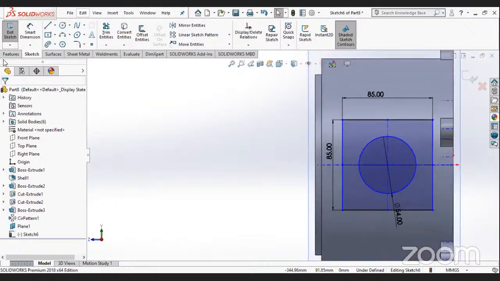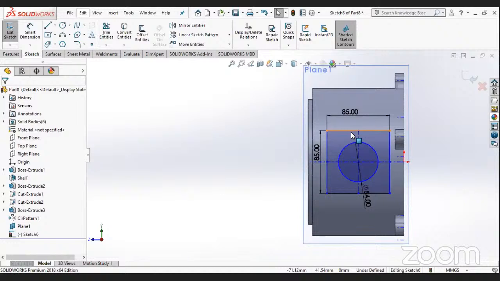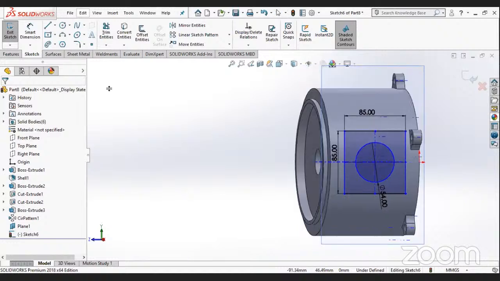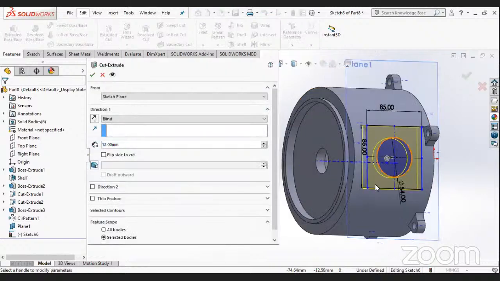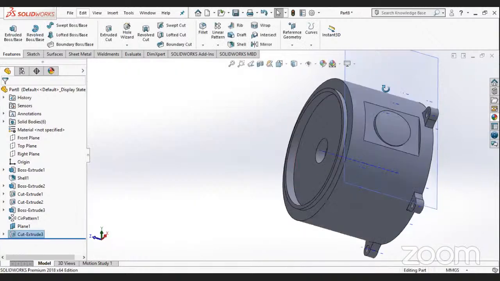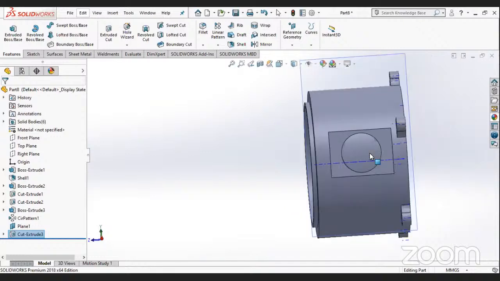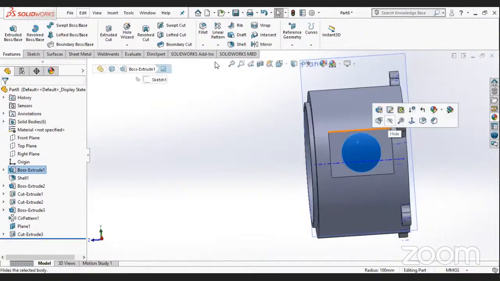We'll quickly extrude cut this in the cylinder part. So features, extrude cut again. And the width of that particular box was 5 mm. So we'll keep here as 5. You can see we have cut that particular part. We need to also cut this circle